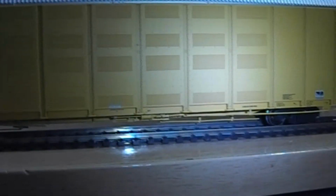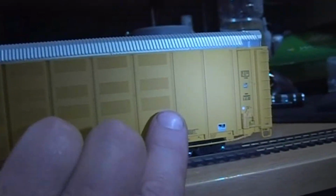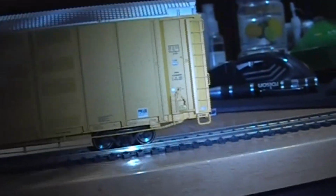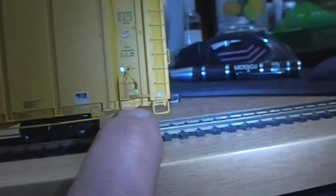But obviously you can see all the detail and hand marks there. The panels look like they're hung on. You know, if you did a little bit of pin wash on these to bring out the detail, they would look even better. And these sections here almost look like they're able to move, and we've got this separately detailed part here, which I guess is some kind of chain brake by the looks of it that goes through with a rod mechanism. So yeah, they're quite nice, and by the looks of it,